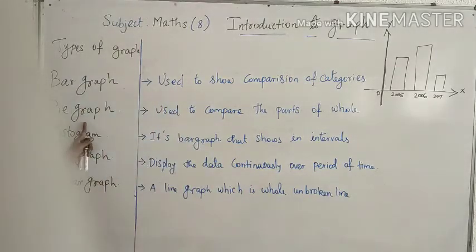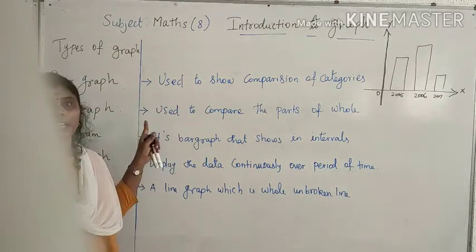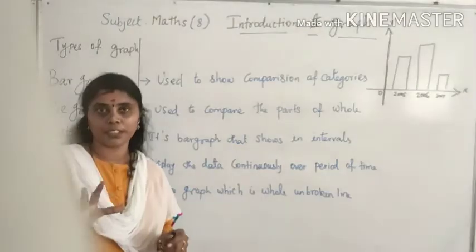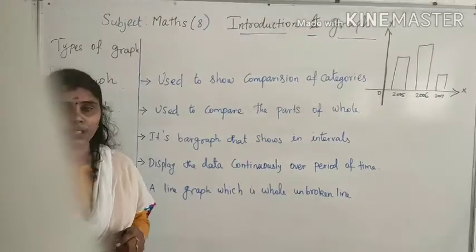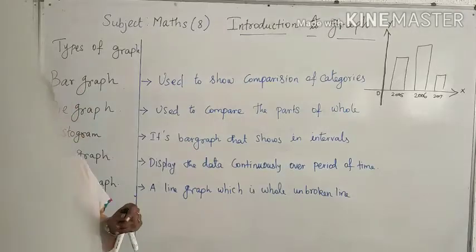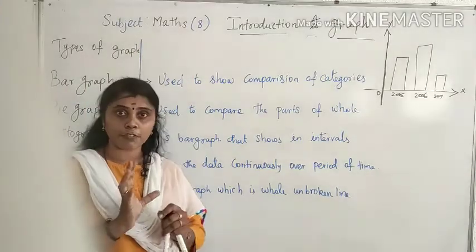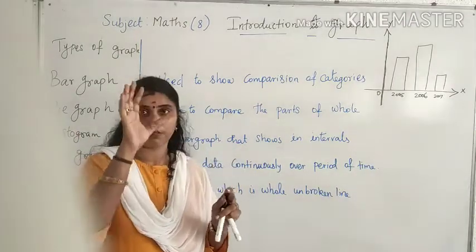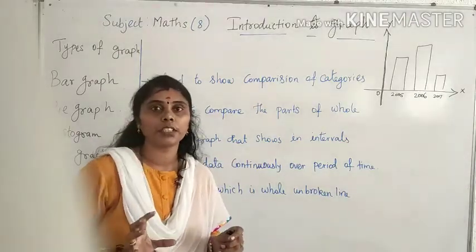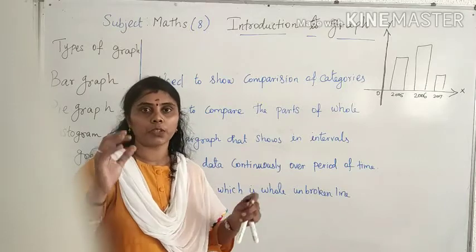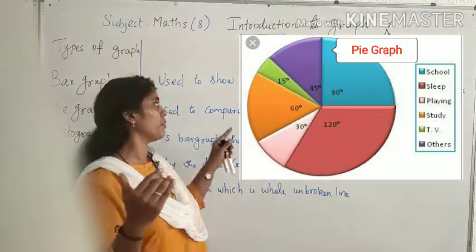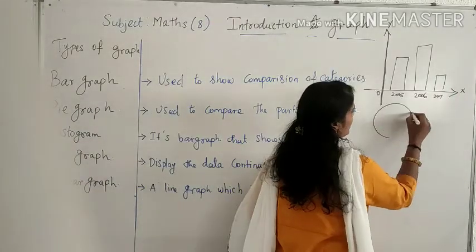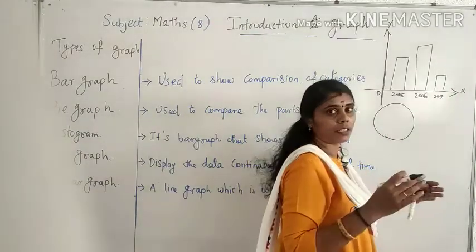And the next one, the pie graph. This you also learned in class 8, right? Just in the data handling chapter you learned it. You learned the pie chart, but a pie graph is where you want to compare the whole information in parts. Suppose in a particular day or particular year, you want to segregate the work done by you, then we can use the pie graph. It is in a circle, so we can say circle graph. In the circle way we can divide it.